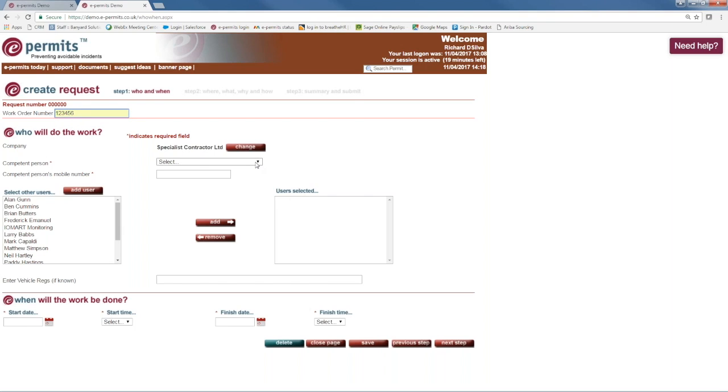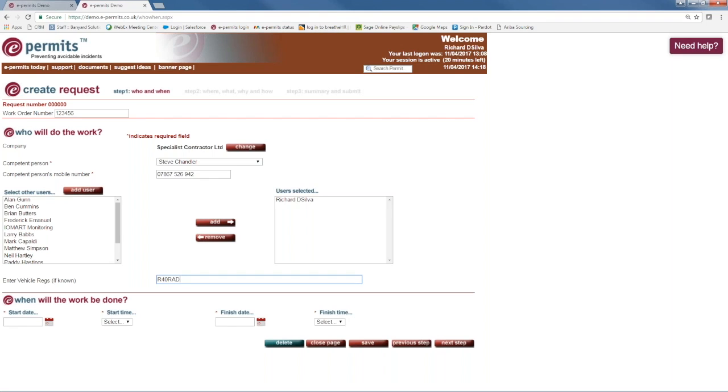And I'm going to select, first of all, a competent person. So in my company, these people are deemed competent to do work within the company. So I'm picking a chap called Steve Chandler, and here his contact details will come up, and these will appear on the permit. And the chap I'm going to send along with him to do the work is called Richard. They're going to come in their vehicle, and I'll log that so it can go onto the permit